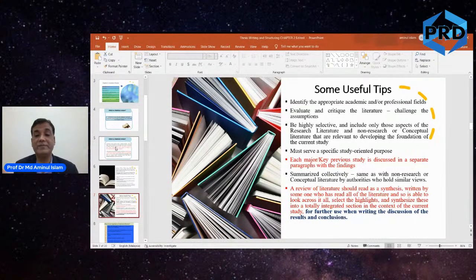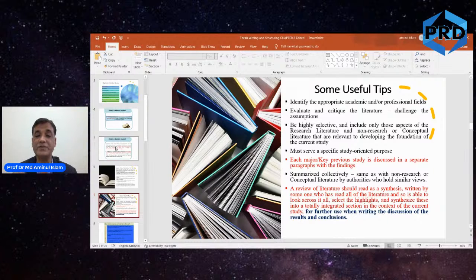Similarly, say for example, after him, somebody has done another study and extended his model. That key study has to be also narrated in one paragraph. So the key study or the major findings of this study have to be evaluated and discussed in a critical manner in one paragraph. Okay. And those studies have supported the study afterwards. You can describe them one after another, without making it just one specific chapter. So only specific paragraphs are allocated for the key studies or major findings that support your study, okay.